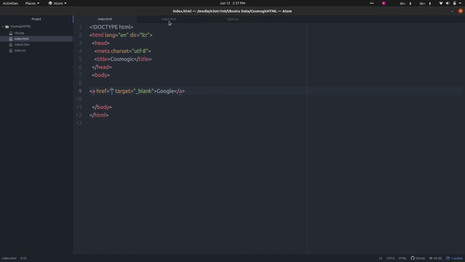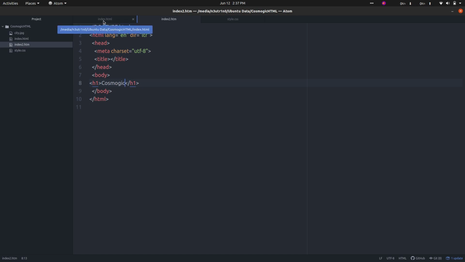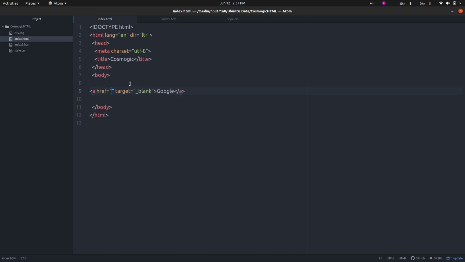Now I want that when we click on this, we will be redirected to this HTML page. So what will we do? We will simply write the name index2.html with the extension of the web page.